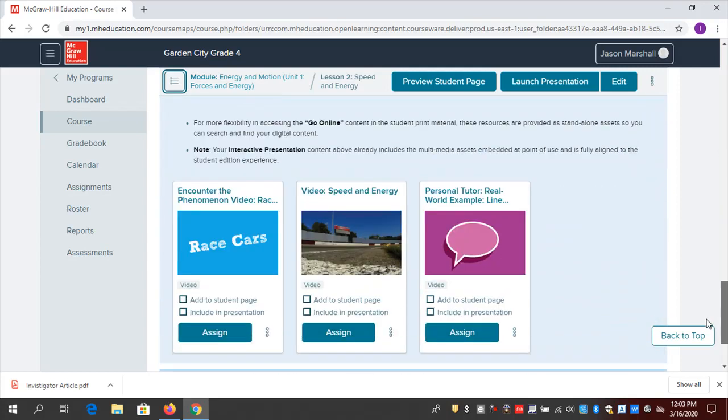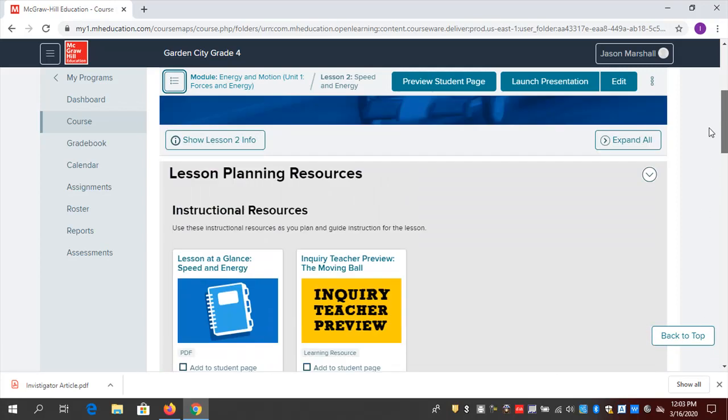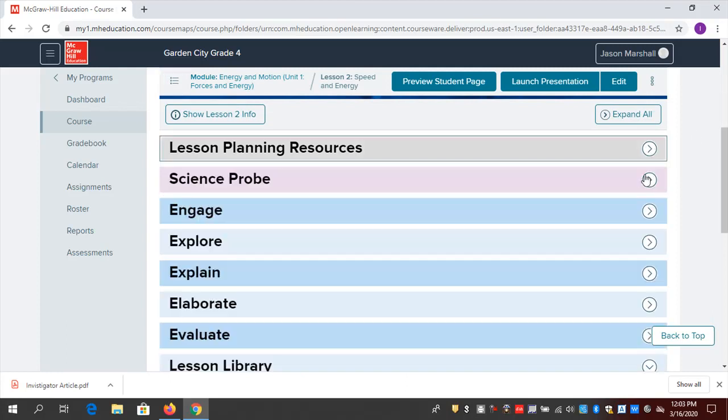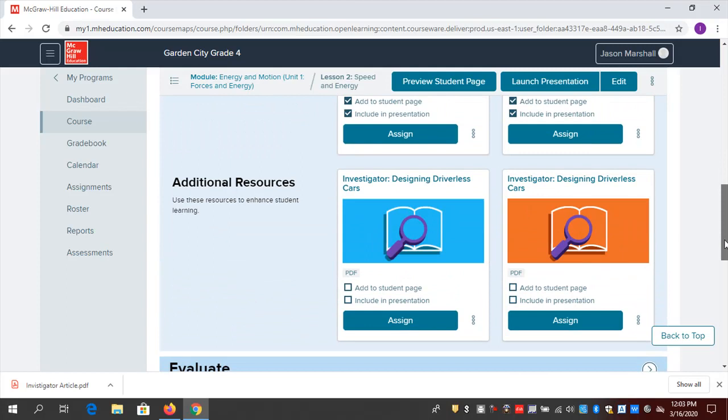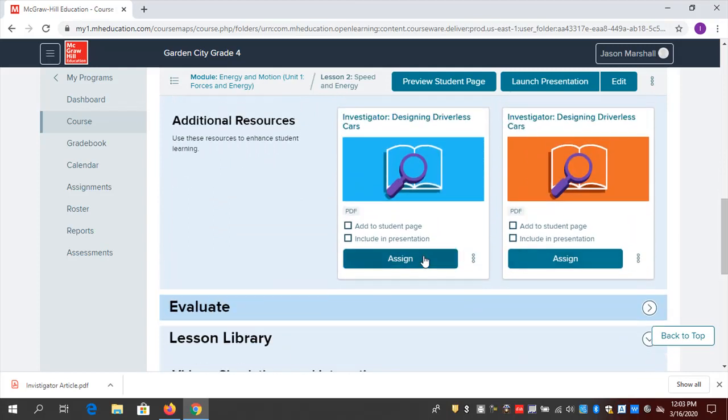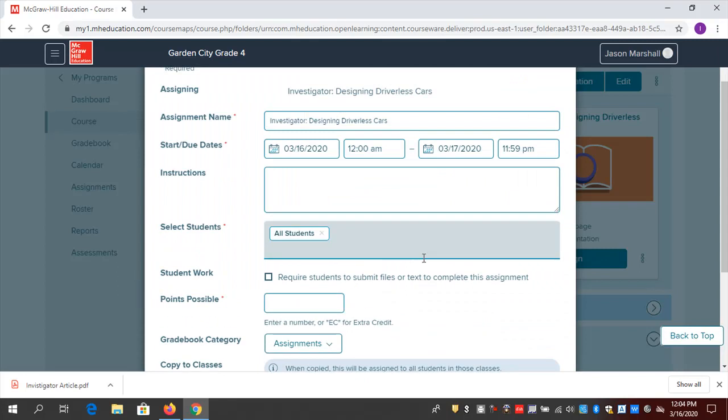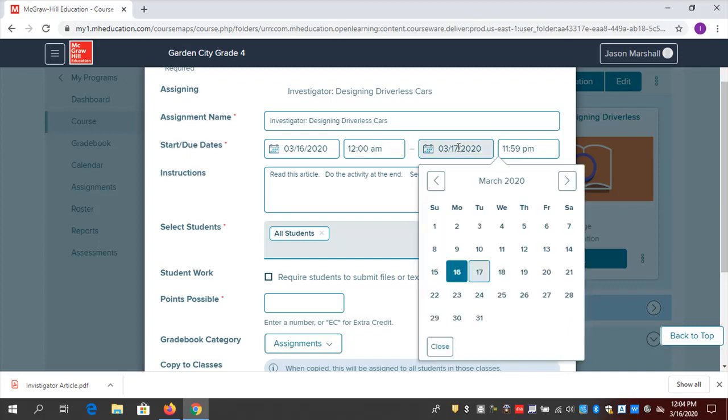So let me go back to that same resource, which I believe was in Elaborate here. Let's take a look at it. There they go, the investigator articles. I can assign this resource and send that to my students. So investigator articles, I want to put some instructions. Read this article, do the activity at the end, send in your work. I decide when I want it to be due for my students, and I'll have this